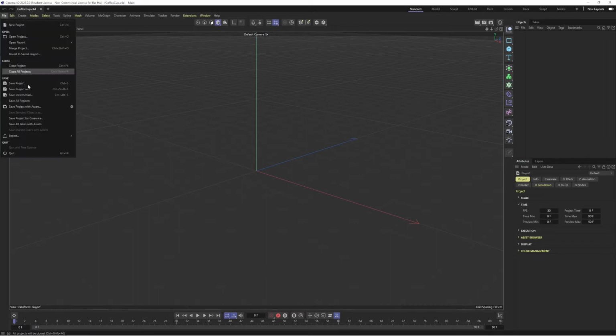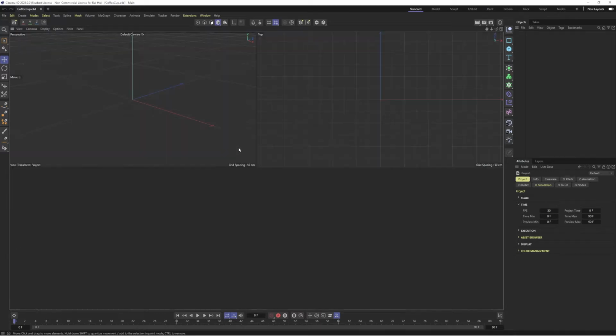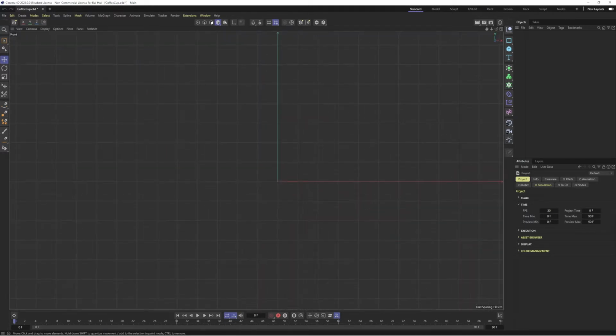It's always a good idea to save your project first at the beginning, so you can always press Control S in the process to save what you have. Okay, so now let's bring in our reference image, the coffee cup. Let's press the middle mouse button, go to the front view, and let's drag and drop our coffee cup image